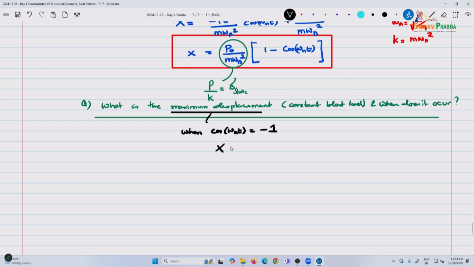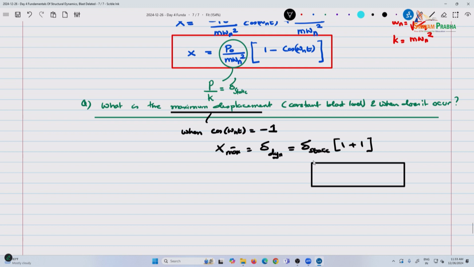So, x, we can now say x max, which is, let us say, delta dynamic, is delta static multiplied by, quite often we are not interested in the response history, right? All we are interested in is the peak response. So, we get a very sort of a baseline, it always grounds us. Delta dynamic is 2 times,